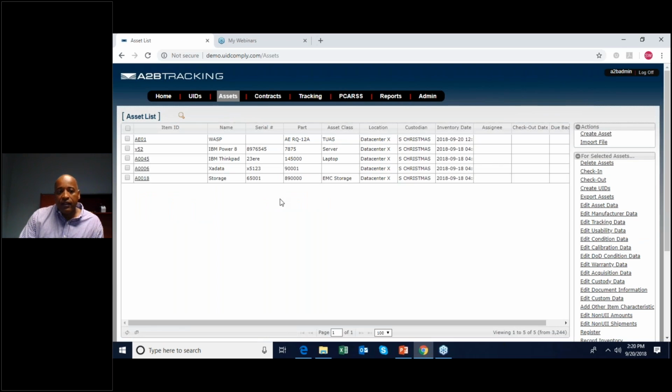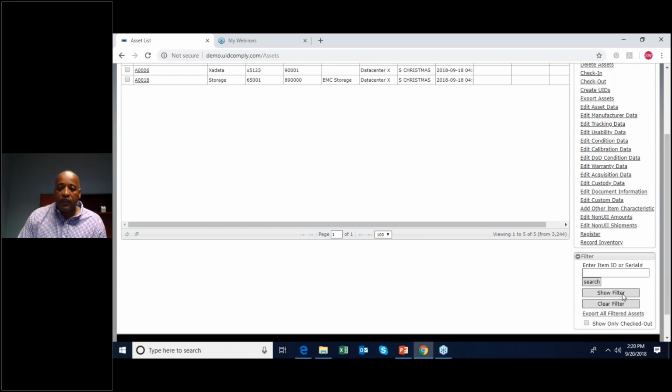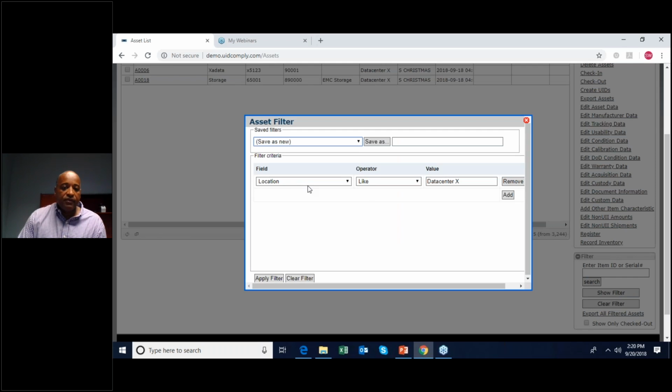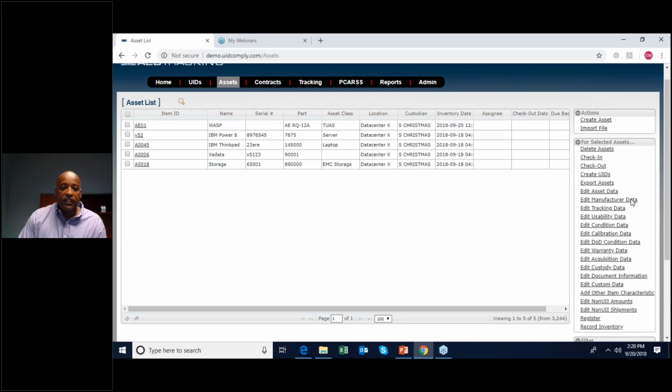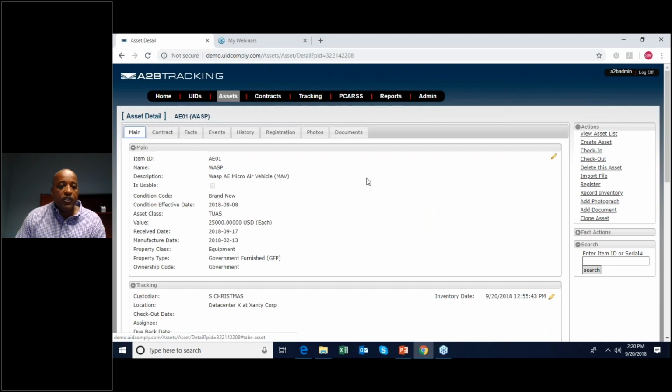So in the asset detail, I picked this particular location, and with UC Web, you have the ability to do filters. The filter I'm doing here is by location, like data center X. So that's the filter that we're looking at. If I wanted to look at a different location, I could do that. But from an audit readiness standpoint, I'm going to go into the meat of how UC Web keeps you